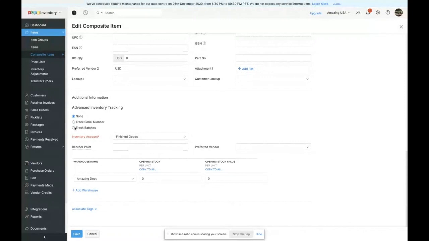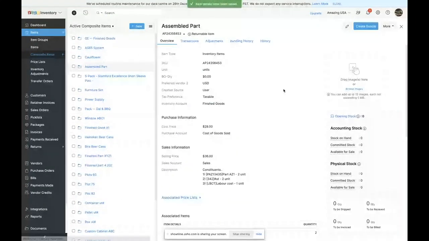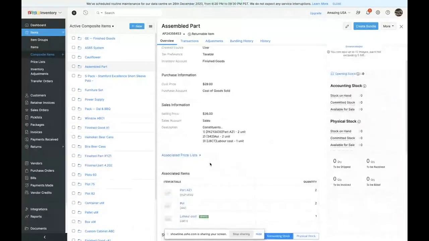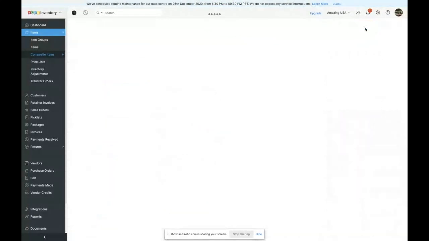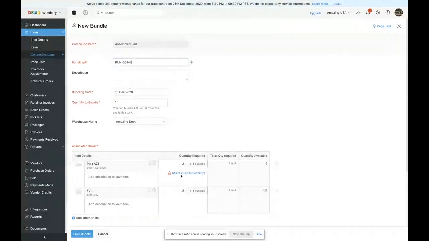You can also have serial numbers and batch tracking done for these items, and you can save the item. So now you have the final product. Whenever I want to create a finished good, all I do is go to the create bundle option. It'll show me that I can create 2.5 units as per the current available stock for these